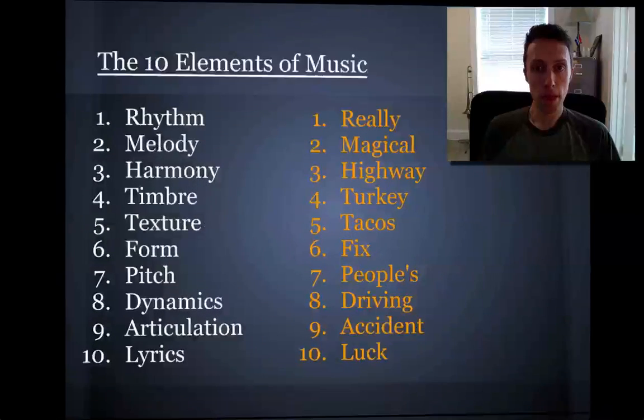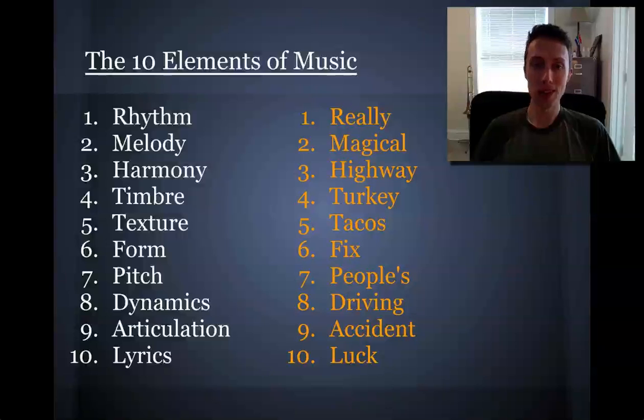So that's the 10 elements of music: rhythm, melody, harmony, timbre, texture, form, pitch, dynamics, articulation, and lyrics. And that acronym, again, to help you remember, is really magical: highway, turkey, tacos, fixed people's driving, accident, luck. So that's the 10 elements of music. Remember that no matter what style of music you're listening to, they all include these 10 elements, no matter what. They're just changed, manipulated by the composers of the music and by the performers of the music to make an individual piece. So we'll talk about these more in detail as we go on,